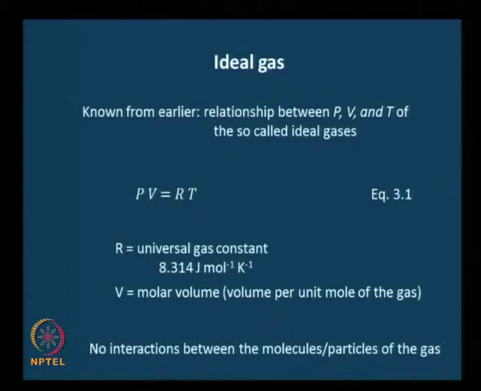That is when a gas would be ideal, and it so happens some gases, some noble gases, do follow the equation of state for ideal gas. This is called an equation of state. Any relationship between PV and T is an equation of state,